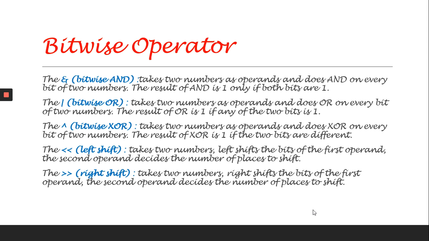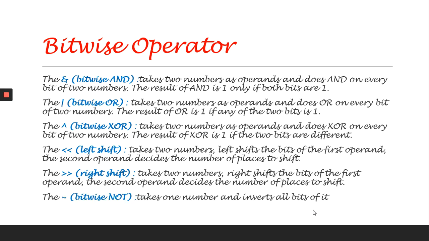We have seen that an integer uses 4 bytes, that means 32 bits. In each bit there will be ones and zeros. The combination of ones and zeros represents a number. Here we are manipulating at the bit level, that is, at the ones and zeros level. That is very complicated and not easy for an ordinary user to understand. So we will not generally be using it, but we understand that C++ has the capacity to do bitwise operations. For that we use bitwise AND, bitwise OR, bitwise XOR, and then the left and right shift operators.